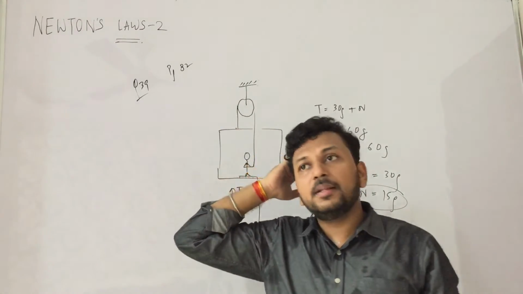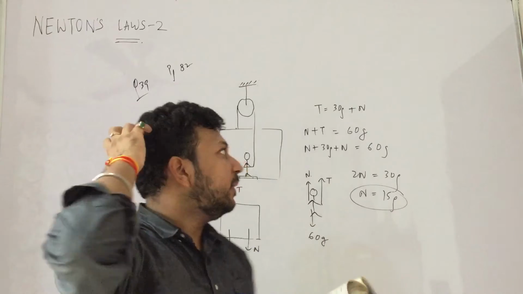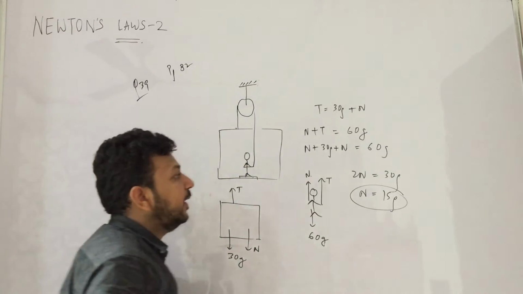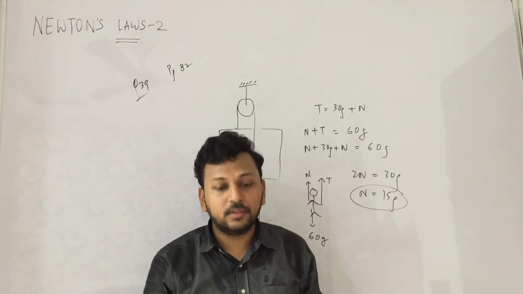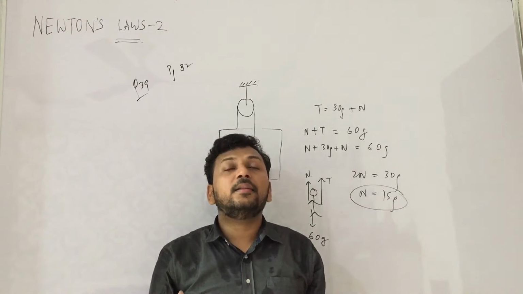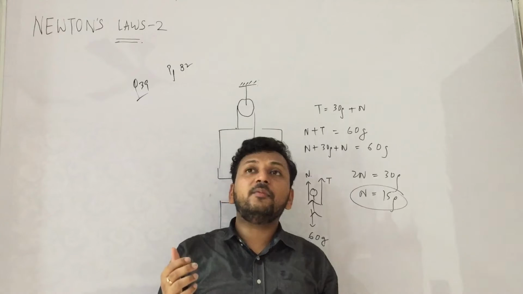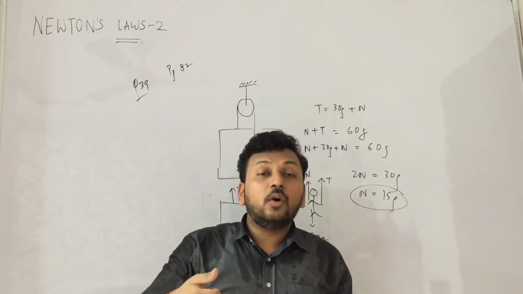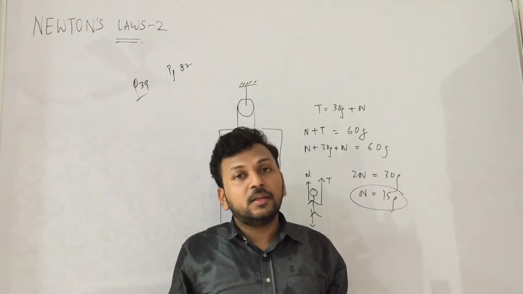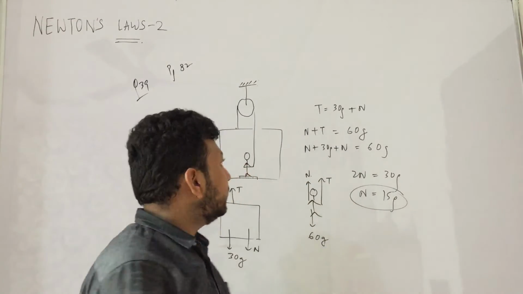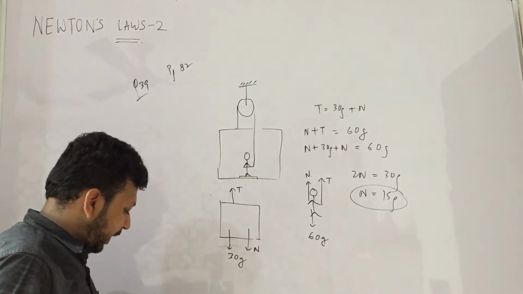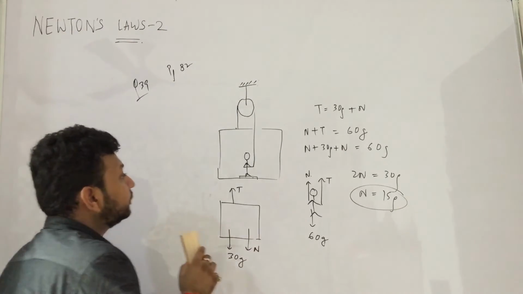So how is it happening? The mass of the man is 60 kg, but it is showing only 15 kg. How? See, if you are standing here on the weighing machine and there is a rope over, but you put maximum weight of yourself on the rope, so obviously your weight on the weighing machine will be less, because maximum of your weight is being taken care of by the rope. Yes, so that's how it is happening, and I am erasing this.